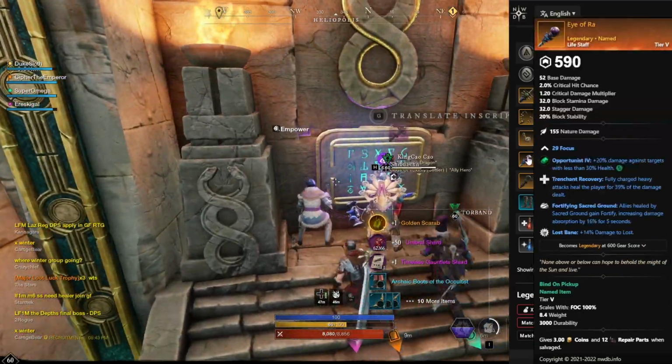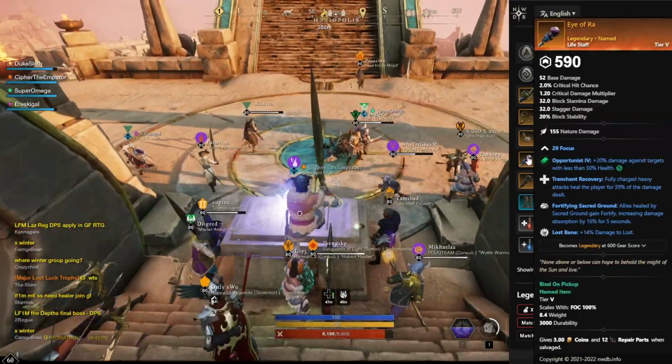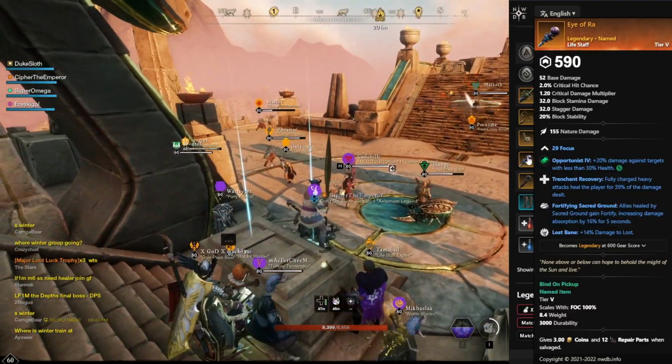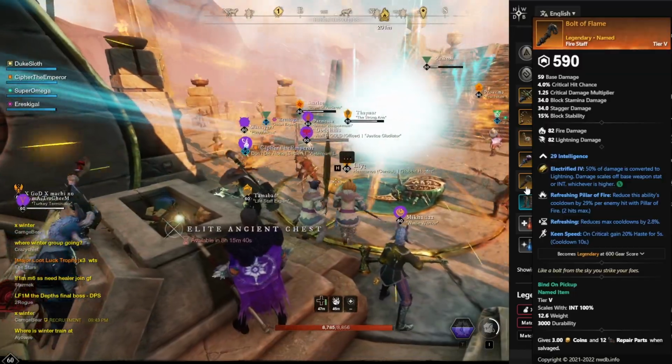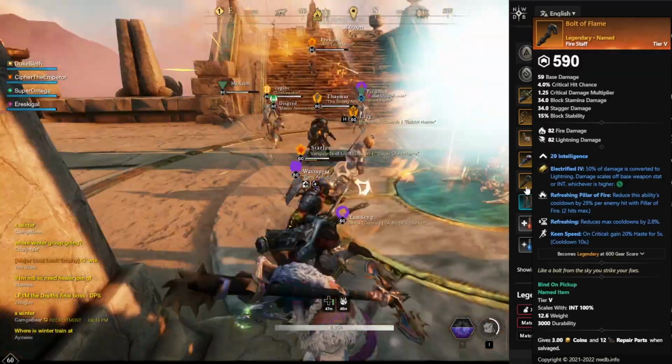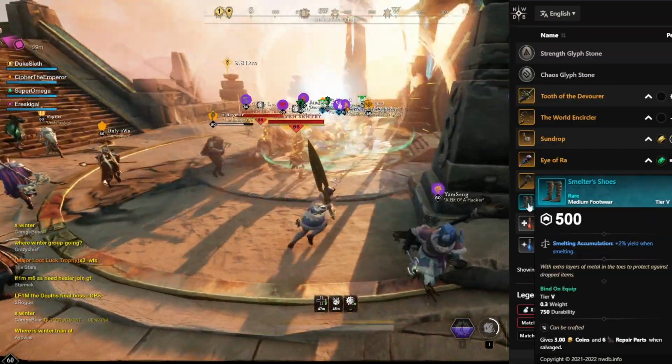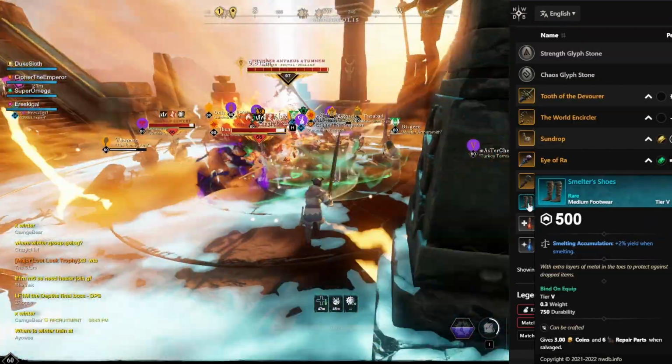And likewise, most healers probably don't have any use for Eye of Ra, which comes with Transient Recovery, Lost Bane and Fortifying Sacred. Bolt of Flame is an int fire staff with refreshing Pillar of Fire, refreshing and keen speed, also not particularly great. What is absolutely great from this guy are the Smelter shoes, and these are usually worth